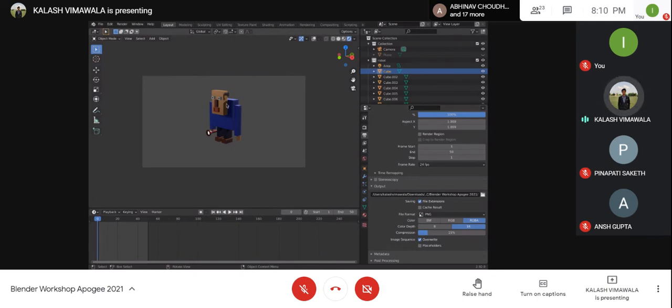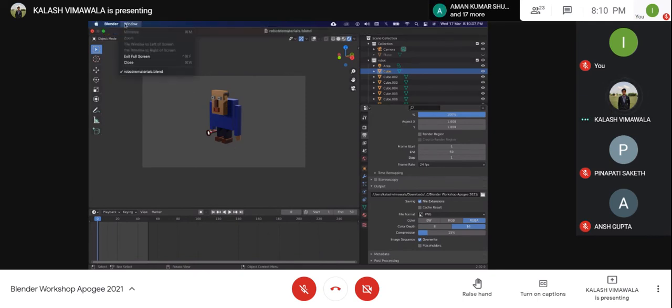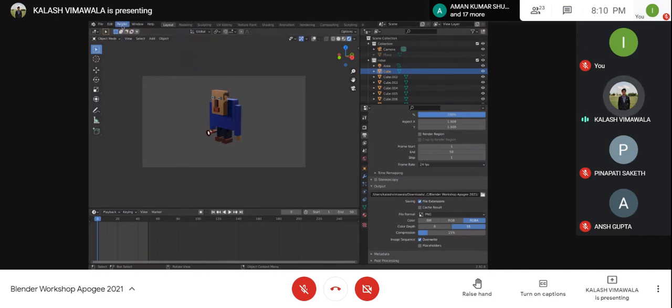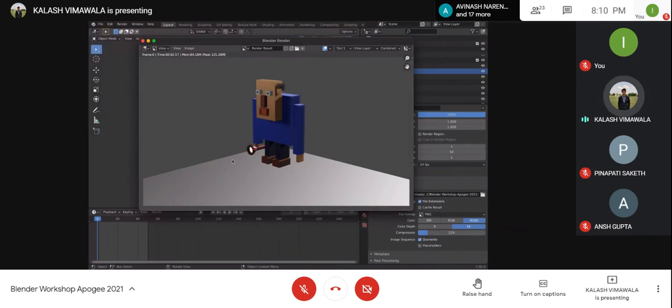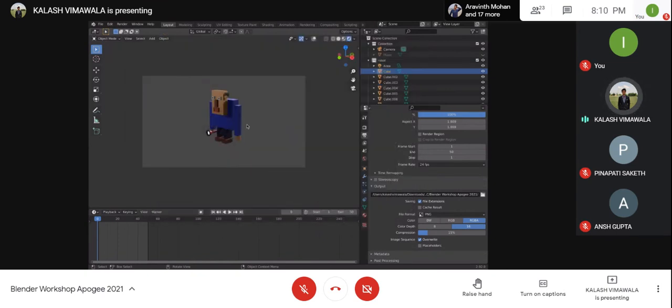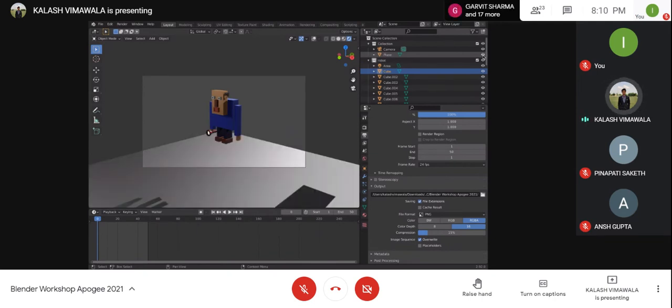So now let's go ahead and actually render our file. If you see over here, you have a setting render, and if you click on render image, it'll actually start calculating in a different window. See, so yeah, this is what my final render looks like. Now you see there is a plane over here, which we cannot see in our scene, right? So the plane was hidden, but it was actually present.